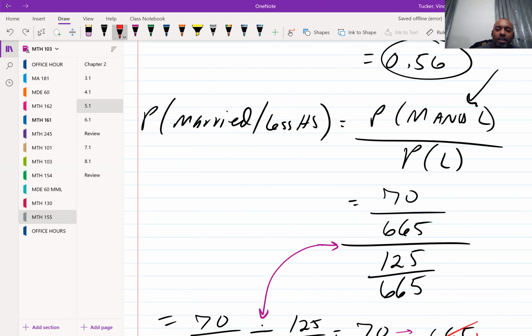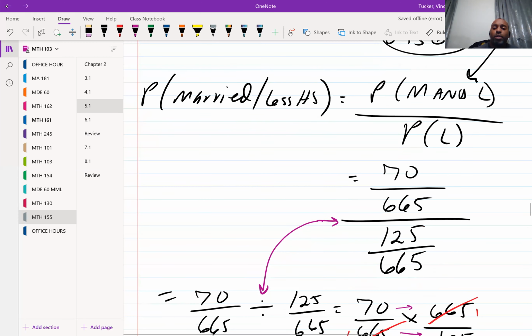So the probability of getting someone married with less than a high school diploma is 70 over 665. Remember what we were doing last time? We place it over the 665 because that was our sample number, our bottom number. And then the probability of all of the people that had less than a high school diploma was 125 over 665. That's what you would do if you were dealing with probability. You take one probability and place it over the other probability. Then if you want to reduce it,